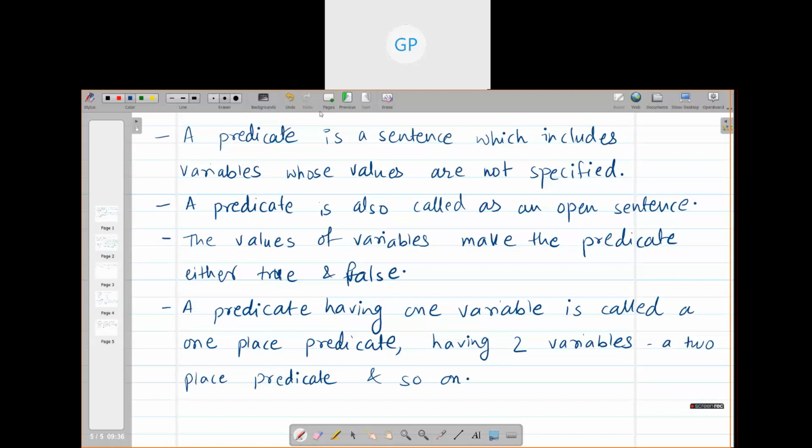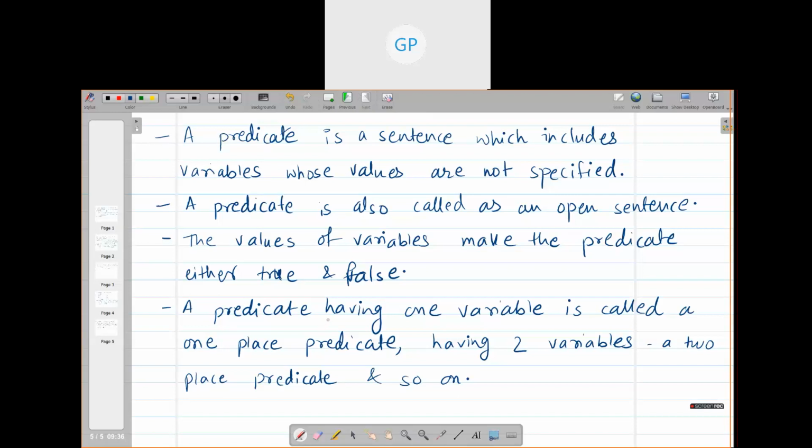Finished writing? Are you all writing, ma'am. Because if you don't write it now, it will become very big for you at the end. Do not rely on technology that you will take screenshots and write it later on. Anything can happen. Your mobile can become problematic, your laptop can shut down, anything can happen. So do not rely on technology at all. This is very important, to write, to make your notes. Don't be lazy in writing.